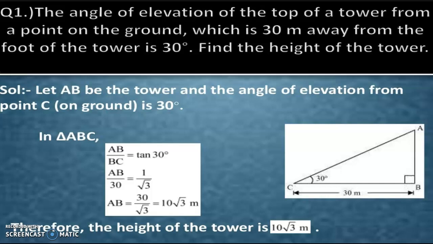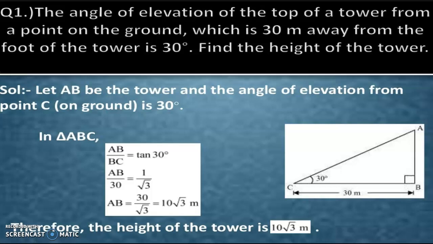Whenever we have to solve this kind of question, first and foremost thing is that we have to draw the figure. So that is very important. We always have to draw the figure, then we have to solve it. So let's start with the figure. Here in this figure, there is a triangle ABC. At point B it is 90 degree, and at the point C, it makes a 30 degree angle.